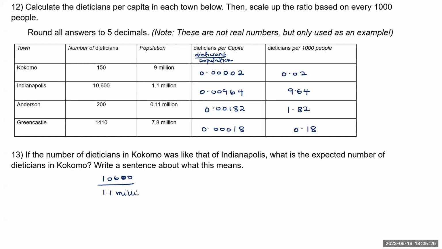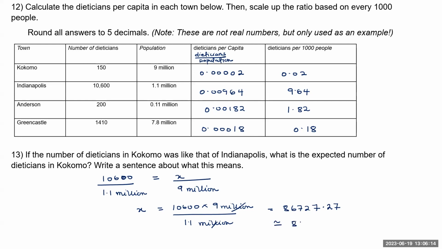So I'm going to keep my millions here. Again, you can always express this as powers of 10. So we have this set to be proportional to X. Since we're looking for the number of dietitians in Kokomo, we know the population is 9 million. So we can cross multiply and solve for X. So when you do the math, X becomes,